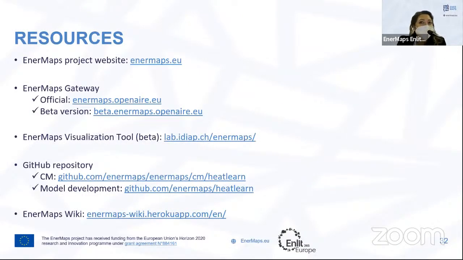Now, this is a slide where I will stay a minute because these are our main resources addresses. So enermaps.eu is the project website. The gateway has these two addresses for the official and the beta version, let's say the release and the beta version. The EnerMaps visualization tool, currently in a beta version, is at lab.edapp.ch/EnerMaps. And then the GitHub repository for the project is github.com/enermaps/enermaps, and the wiki is